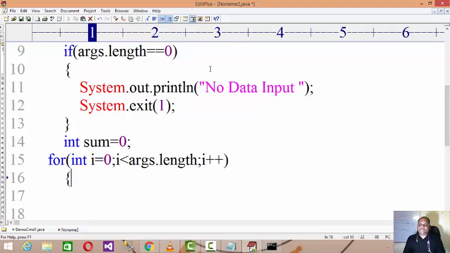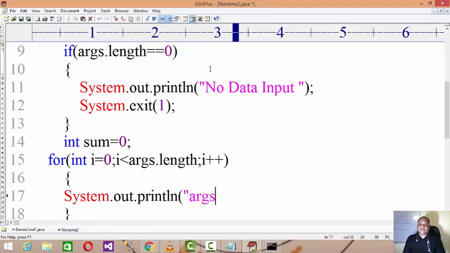What you need to do is print the data firstly. So System.out.println(args[i]), right?